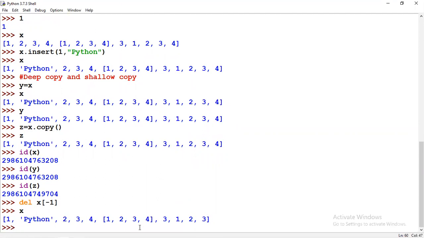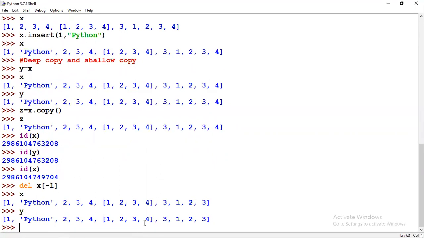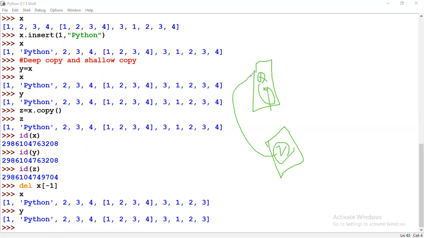The same thing will be removed in y as well, because here you have the same memory location. So this is one memory location, just assume. Here you have x and here you have y. Z is in a different memory location. So the changes which you make in x will affect y, but it won't affect z. The changes which you make in z won't affect any of these.